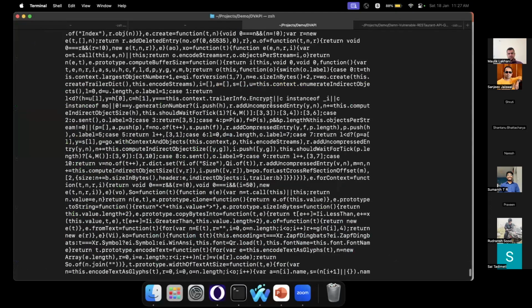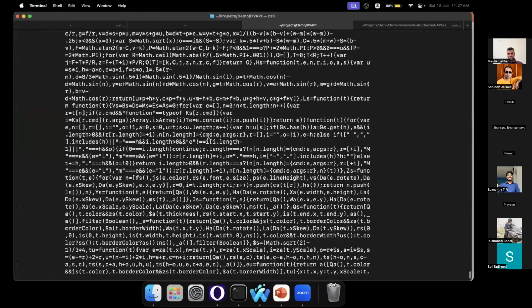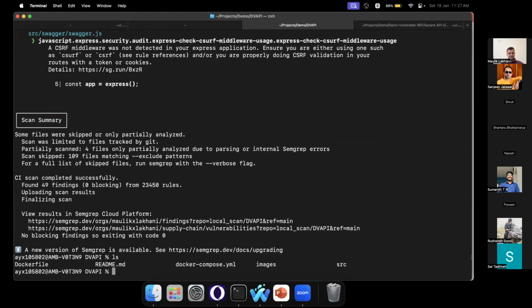So I'll just show you a quick command. I'll just show you ls first. So this is a public GitHub repo I've cloned. It could be a public GitHub repo, or it could be a repo of your own company. But basically, you have to clone that repo and be in that particular repo, or be in a folder which has multiple repos inside it. And the command is called semgrep CLI.